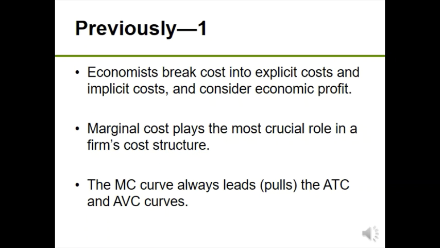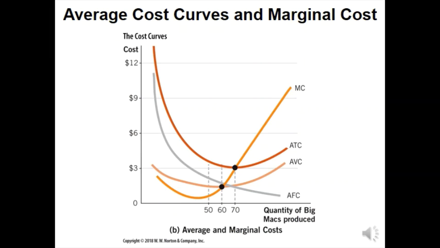So last chapter we were talking about how marginal cost, which runs opposite to marginal product, is the most important part of a firm's cost structure, and that's because averages follow margins. Again, think about your grade in this class versus your GPA overall. When you all do quite well in this class, it's going to pull your GPA up. Averages follow the margins, which makes marginal cost the most important part of a firm's cost structure. And to see why this marginal cost curve is so important, it can be helpful to revisit that graph.